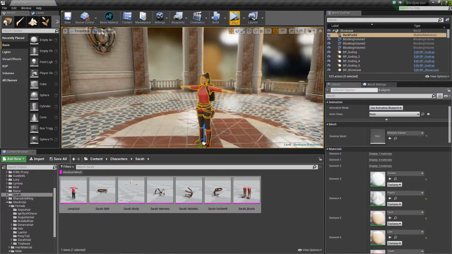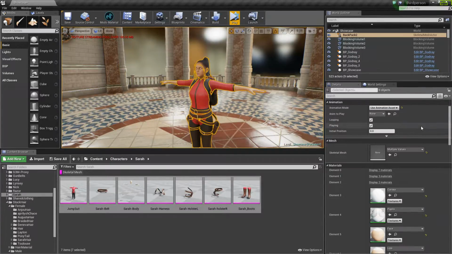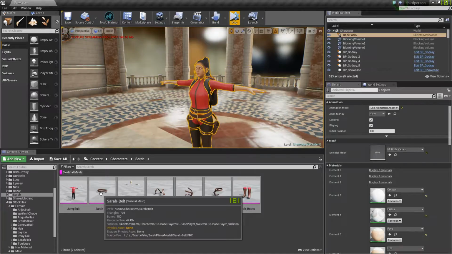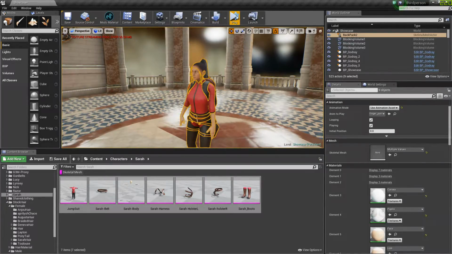backpack. I can now demonstrate the importance of component building based off a single framework by just saying, okay, let's go over here into our detail panel with all the items that are selected. Since they are all using the same base asset framework, in this case the G3 base player skeleton, that they were imported with and told to use this mesh, everything just snaps together like Lego blocks. If we add an animation to it,